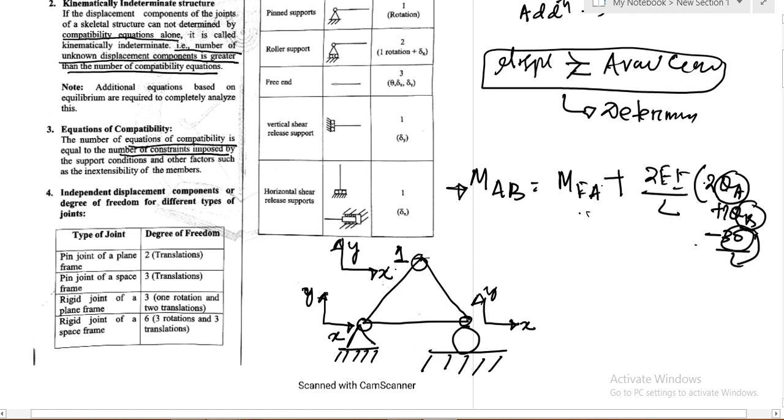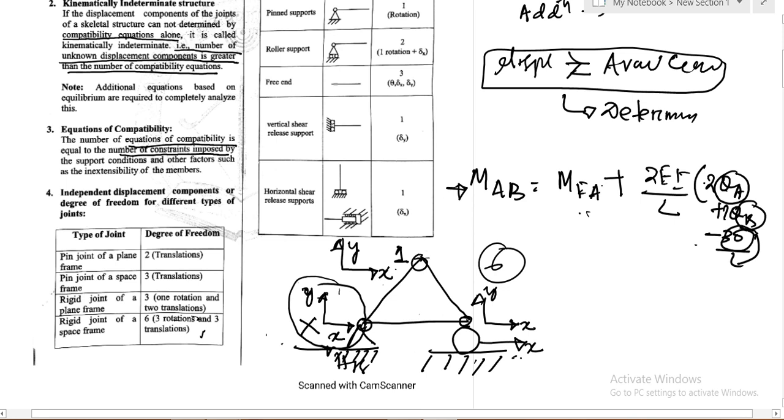But this one is fixed. So how many degrees of freedom can be possible in this plane frame? Total 6 can be possible. But how many are we restricting? We are restricting this one. Restricting by means of what? By means of support reaction. Support reaction means these two independent translations cannot be possible because of the hinge. But here only the vertical is not possible, but linearly it can move. The roller can move linearly.